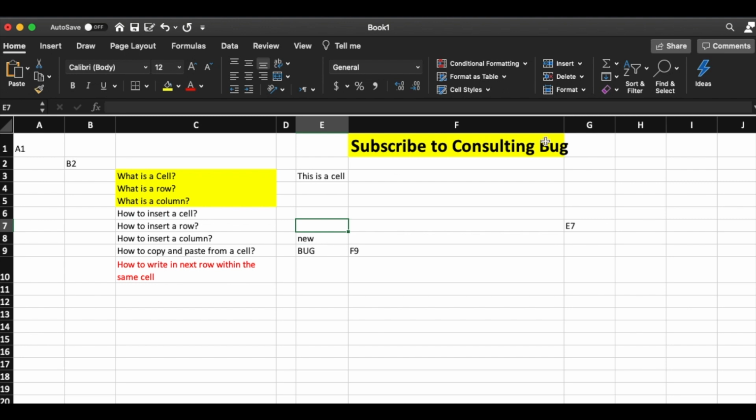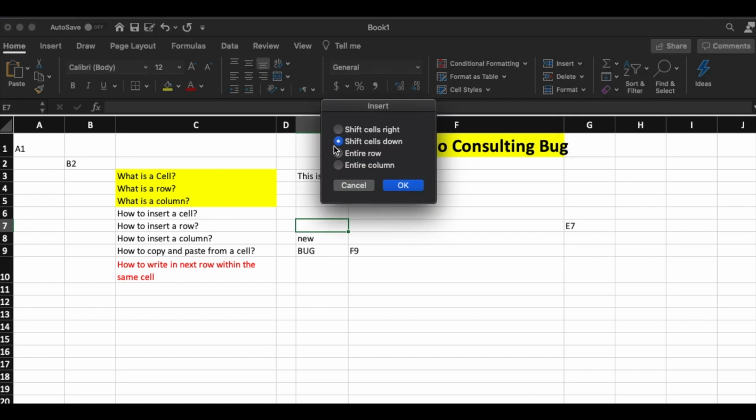Now if you see on my screen, this place is an insert cell option here. So you click on this little down arrow and insert cells. So now again the same option has popped up which says shift the cell right or shift the cell down. So it is going to insert a cell, but it is going to work according to the option that you have chosen.